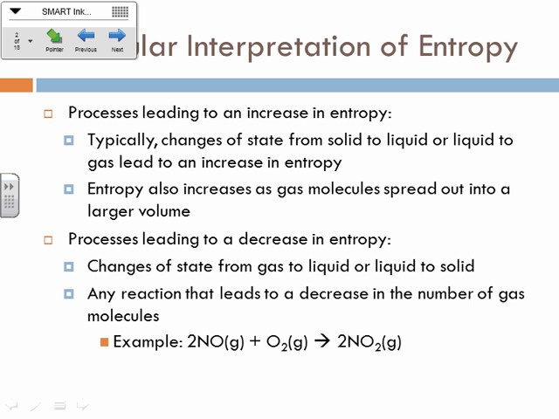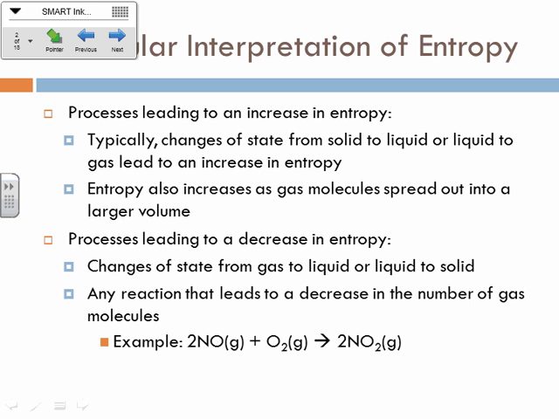If you change state from a solid to a liquid or a liquid to a gas, then obviously that leads to an increase in chaos, right? This is kind of like a clean room versus a dirty room, right? So some of you, your rooms have a high degree of entropy, and some of you, they're a little more ordered, okay? But a solid, all the molecules are kind of in their place. It's very structured. They're vibrating a little bit, but there's not a lot of movement there. In a liquid, now the molecules are able to flow over one another. The movement is a little more random, a little more chaotic, okay? And by the time you get to a gas, it's just all over the place, okay? So that's kind of the idea there. Higher degree of entropy when you're talking about a gas.